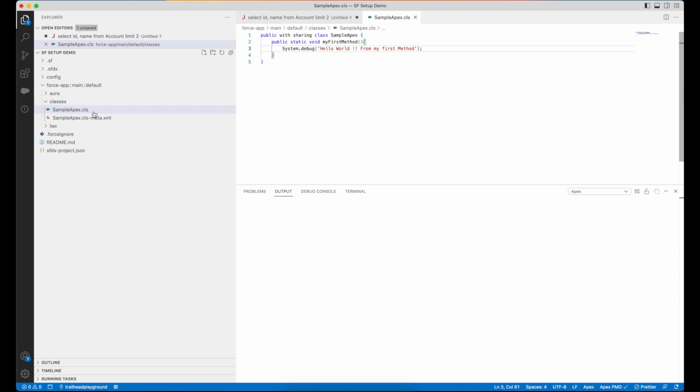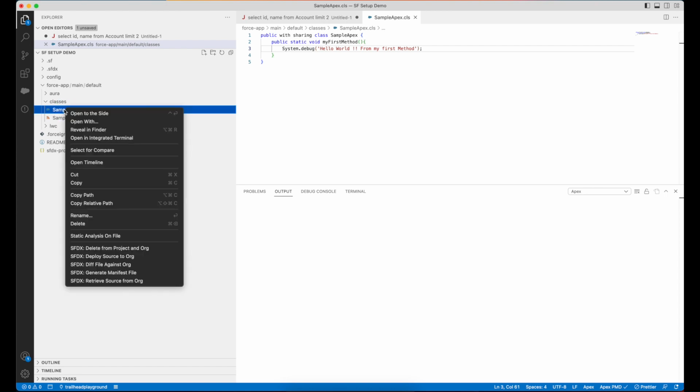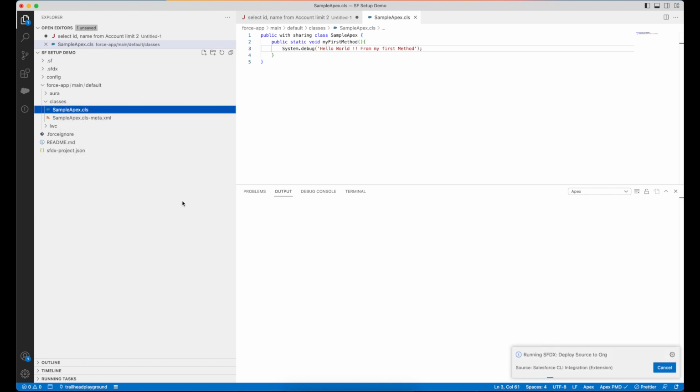How to deploy it? Come on the left hand side to the folder and the file where this Apex class exists. Right click from your mouse and you will see a few options, SFDX: Deploy Source to Org. Click on this option.